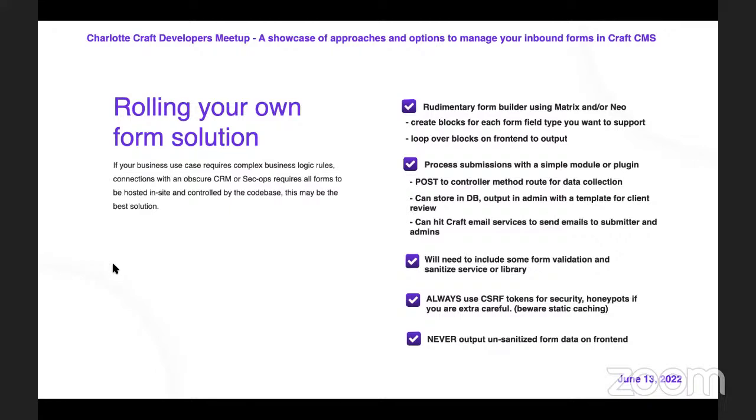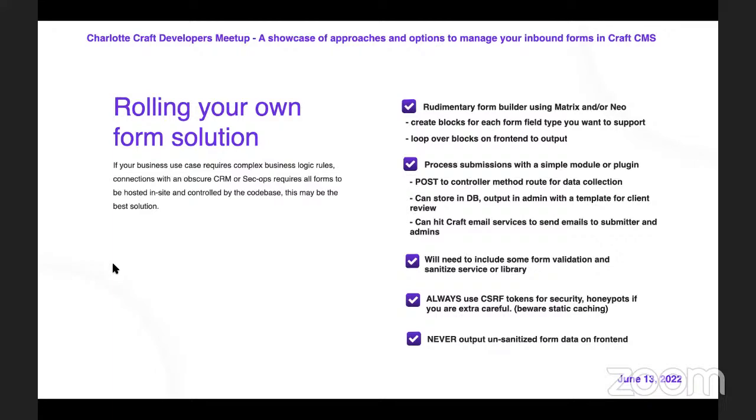And then, it's up to you what you need to do, how deep you need to go at that point. You could store it in the database, output it in the admin, with a template for client review. You can hit Craft email services and send out notification emails, admin emails, drip campaigns, any of that stuff. You could send the data wherever it needs to go, whether it's a CRM or MailChimp or a mailing list